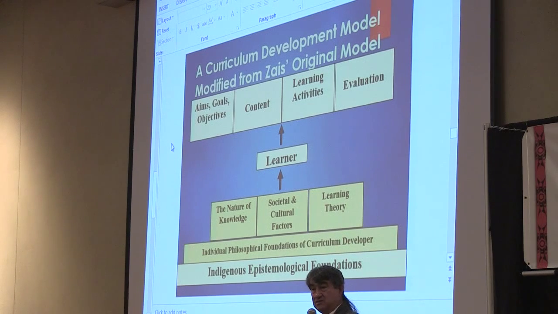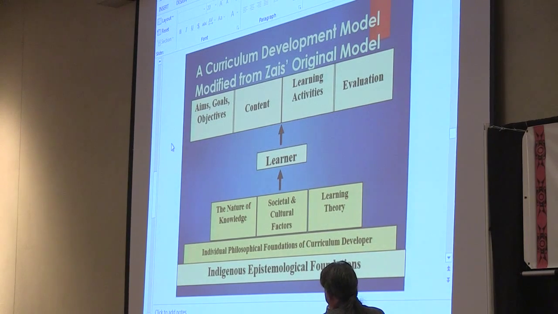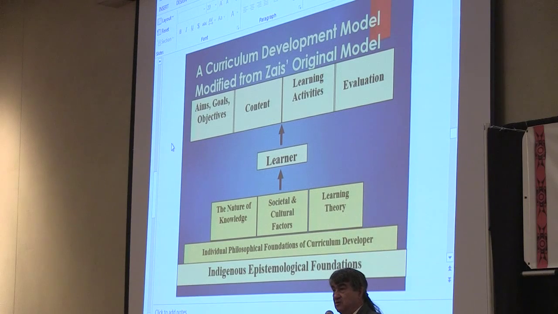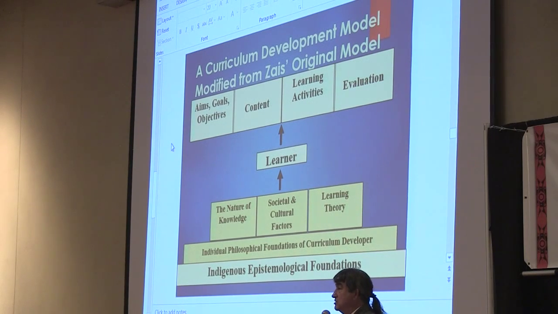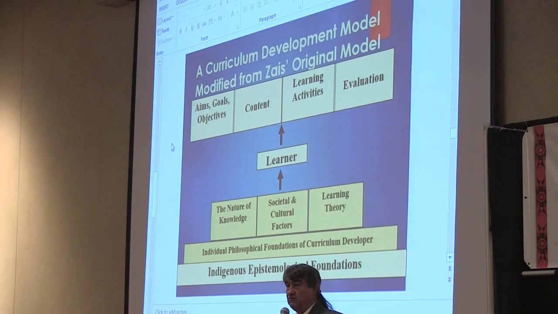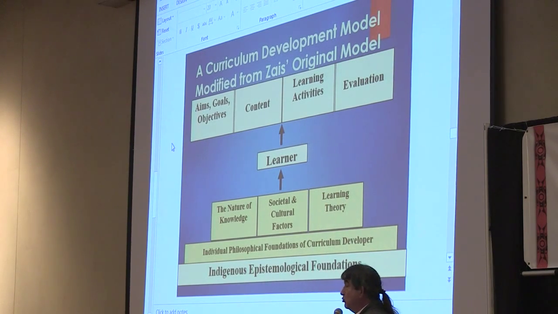Okay, so I was given the assignment actually to create these kinds of curriculum that engage students through all of these different ways and help them to learn science at the same time. So I started that 40 years ago. And this is the model I used. At that time, I created the model very specifically to address that issue of Native students at IIA being alienated with regard to the kind of ways that science was being taught to them, and the need for a new kind of curriculum to be created that addressed their needs in a better way.